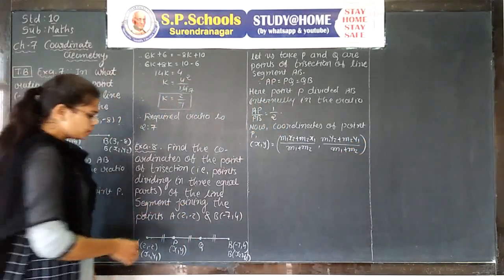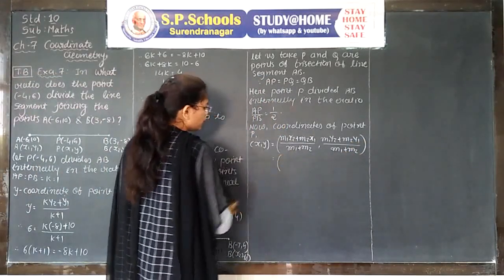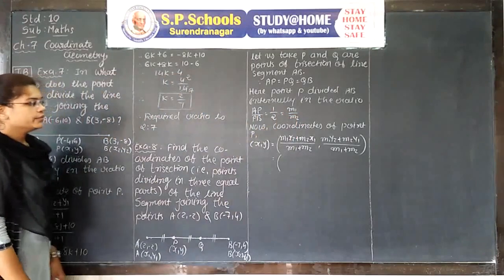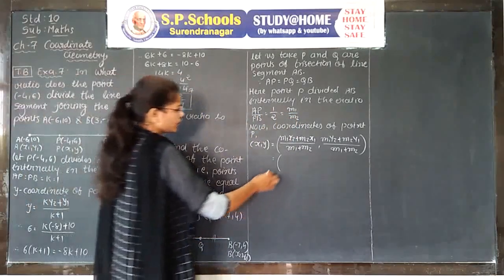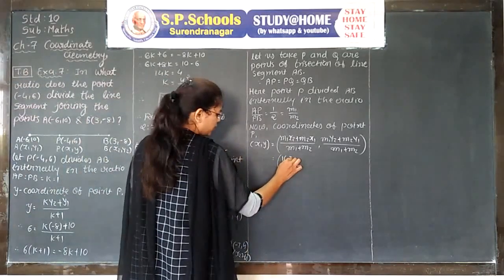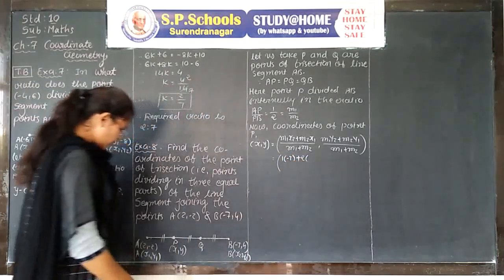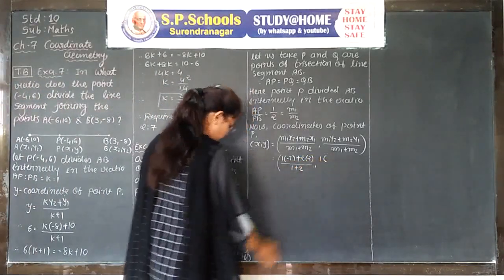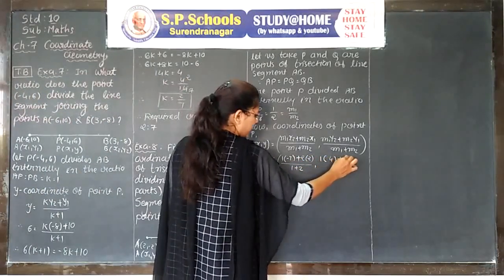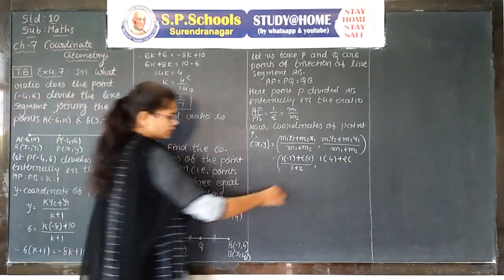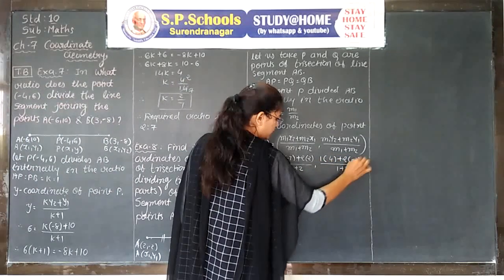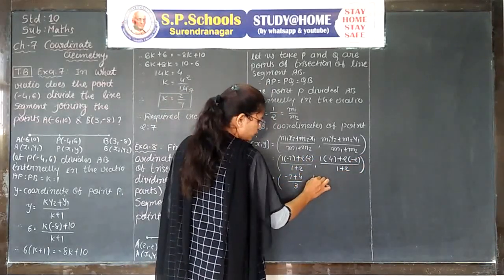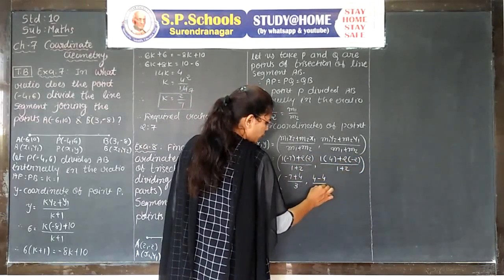Now we substitute all the values m1, m2, x1, x2 and y1, y2, where m1 : m2 is 1 upon 2, where m1 equals 1 and m2 equals 2. 1 times x2, which is -7, plus m2 equals 2 times x1, which is 2, upon m1 plus m2, which is 1 plus 2. m1 is 1, y2 is 4, plus m2 is 2 and y1 is -2, upon m1 plus m2, 1 plus 2, equals (-7 plus 2 2s are 4) upon 3, (4 1s are 4 plus minus 2 2s are 4) upon 3.